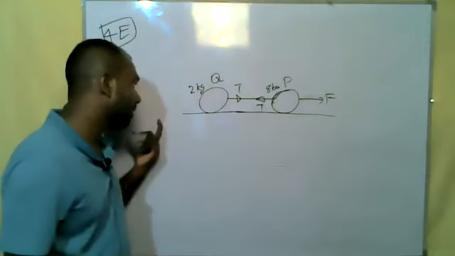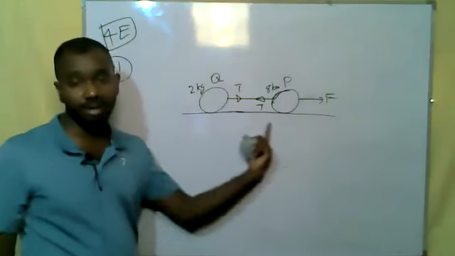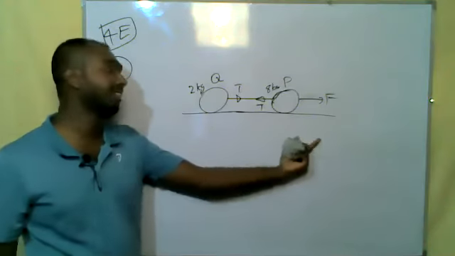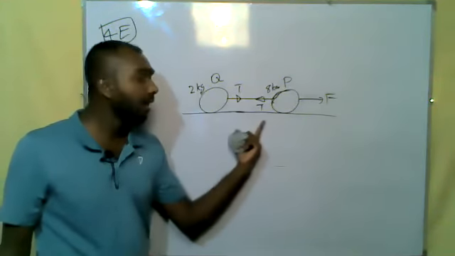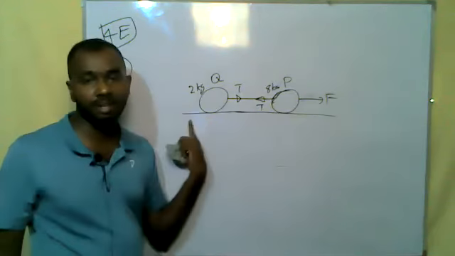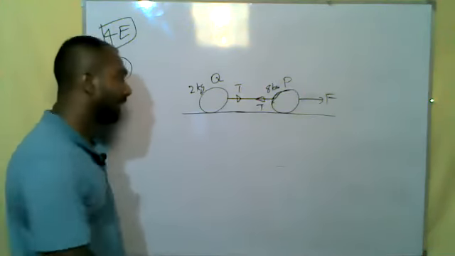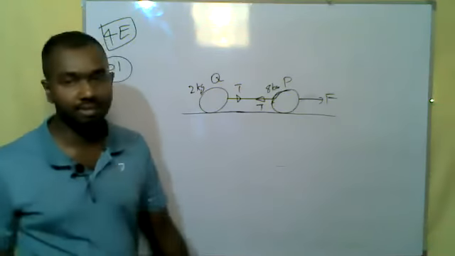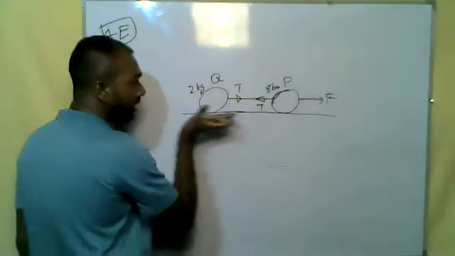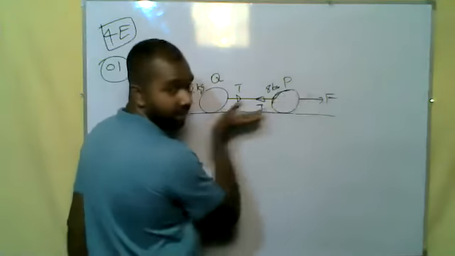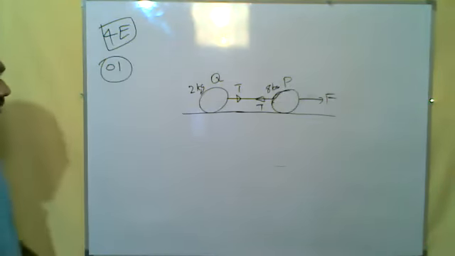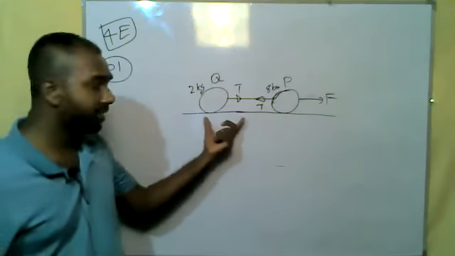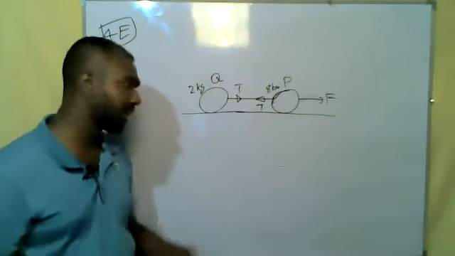And they say they are on a horizontal smooth plane. Why are they saying it is smooth? To neglect the resistive forces, basically the frictional forces. We can neglect the frictional forces as well, because now we are going to consider a movement along the horizontal direction. And they say when the string is taut, what does taut mean? T-A-U-T.